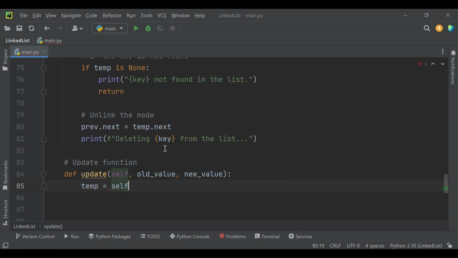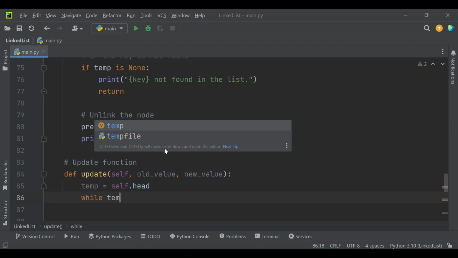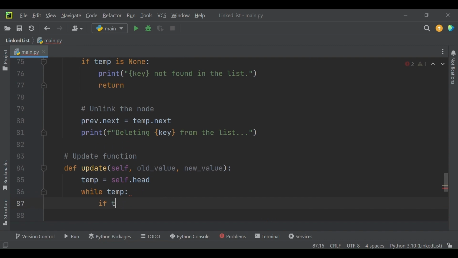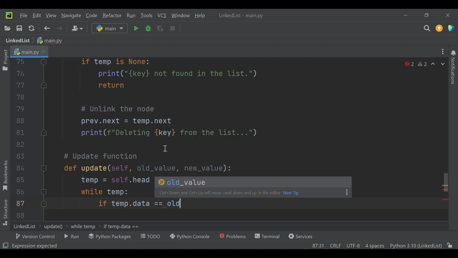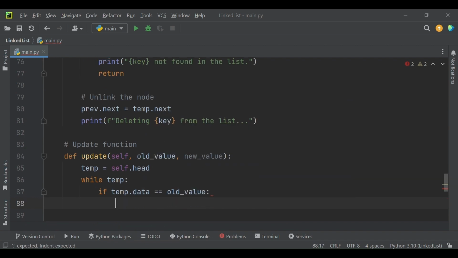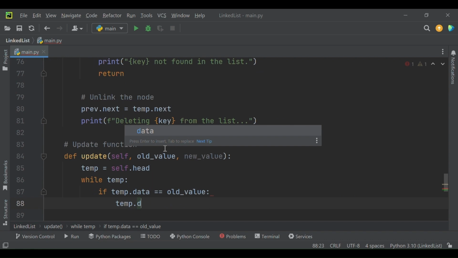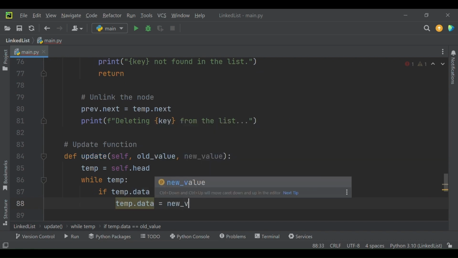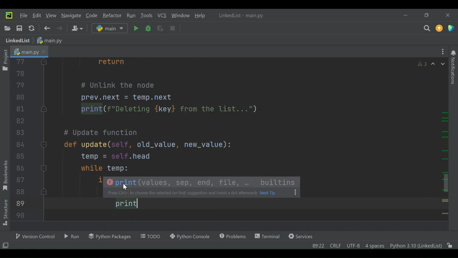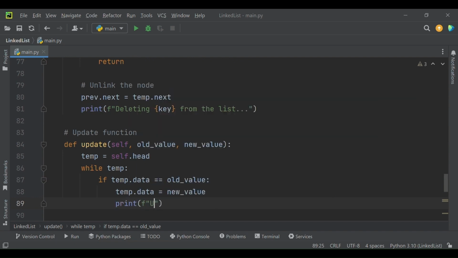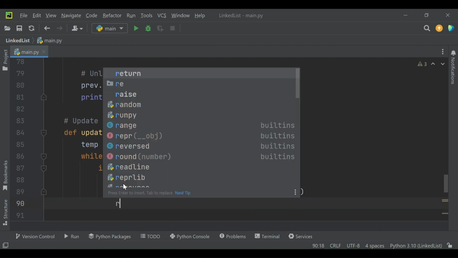So we will begin our traversal at the head node as always, and I am saying while we have a node to visit, if the data at that current node is equal to the old value, then simply replace it with the new value and then print this message: updated old value by new value, and then return.